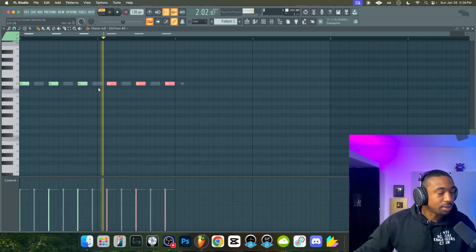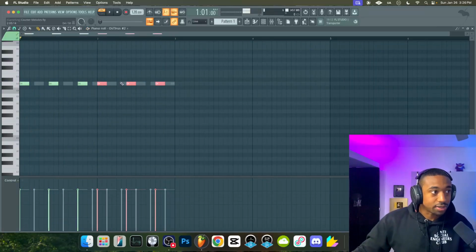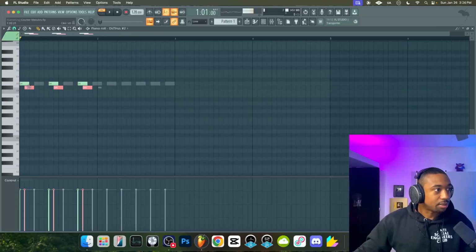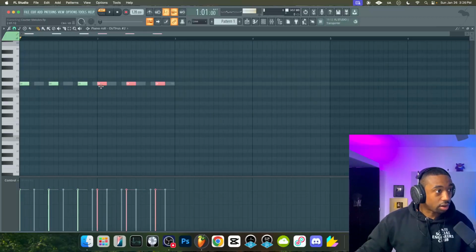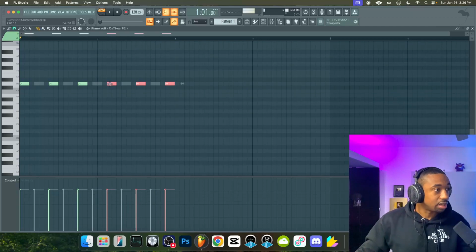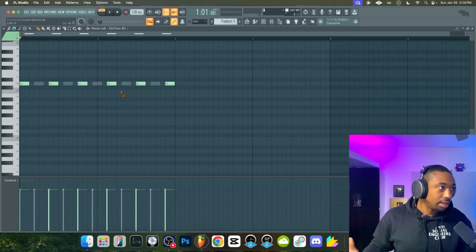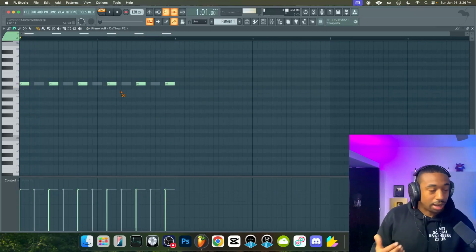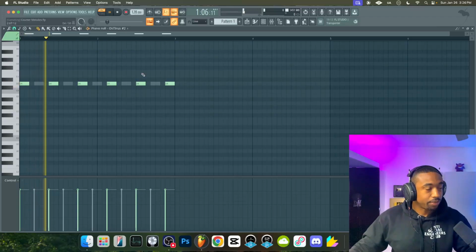Okay, so I'm playing the same exact thing, but here we have tresillo offset. So instead of playing at the same timing as before, where the starting point is right on that downbeat, we're going to offset it. And this is another way to create timing differences without adding a bunch of new notes to your melody.